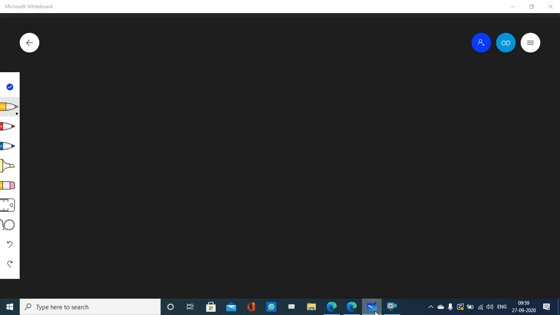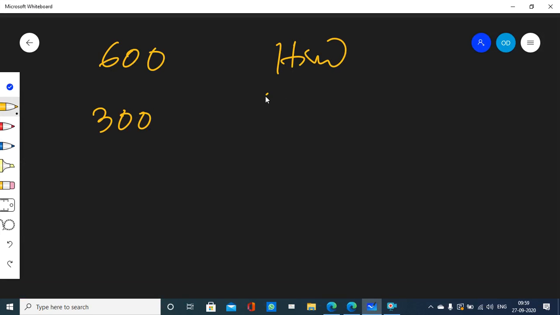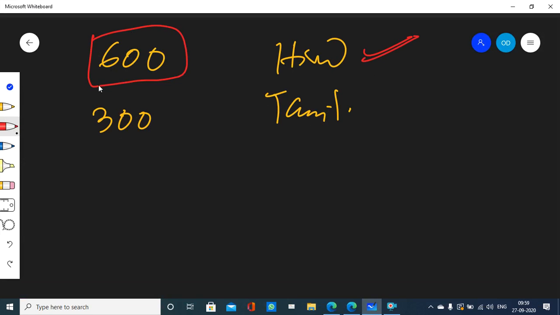If I say 600 speak Hindi, 300 speak Tamil. Well, you see, these 600, they speak Hindi. Is it necessary that all 600 of them speak only Hindi? Where is the word only written? It is saying that 600 people speak Hindi. So it is also possible that some out of those 600 also speak Tamil in addition to speaking Hindi, right?